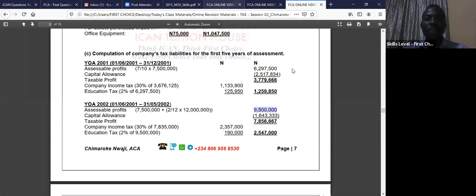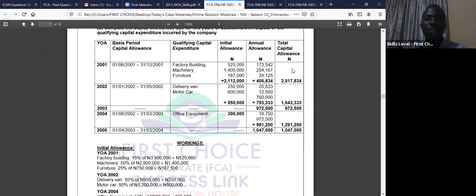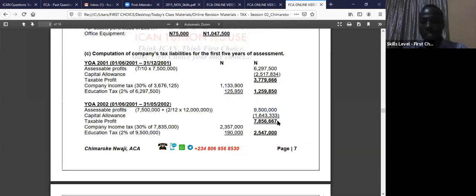The capital allowance for that year is this figure, what we used here. We leave it, and this will be your taxable profit. So now you get your income tax here. Your education tax is 2% of this figure. Now we go to